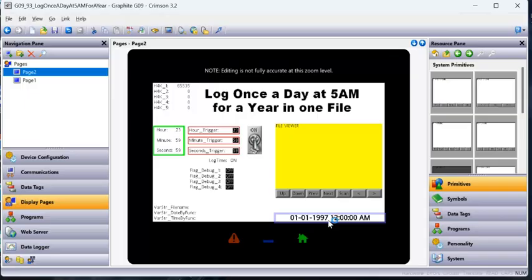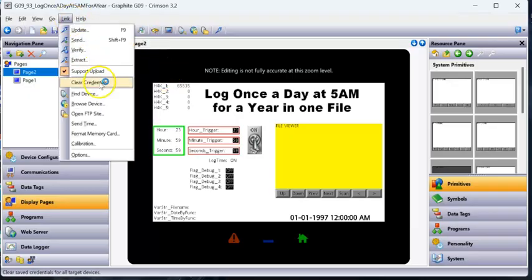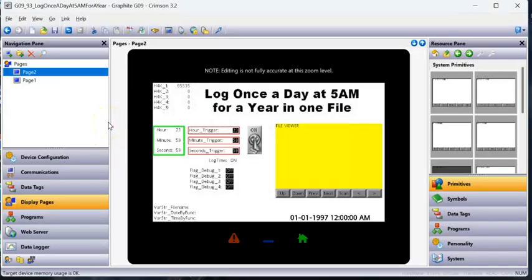up to date and your battery is good in the HMI product or whatever. But if it's not, you can always go to the link pull down, and you can send time, and that'll send the time to the unit. Make sure it's updated with your laptop. Anyway,